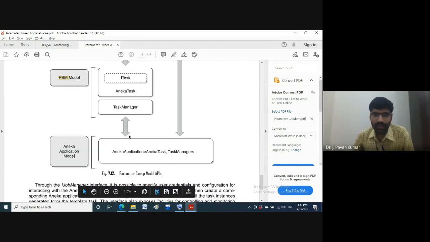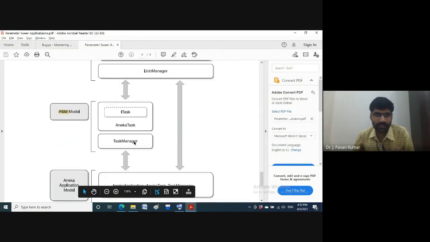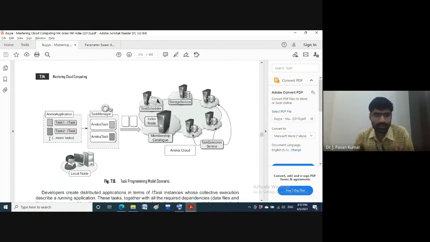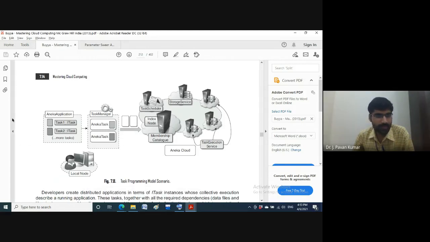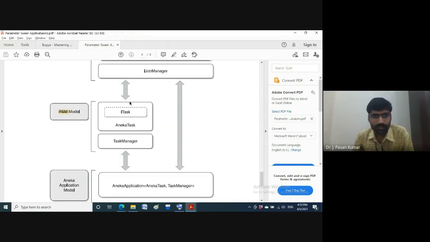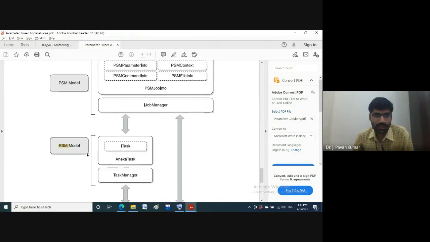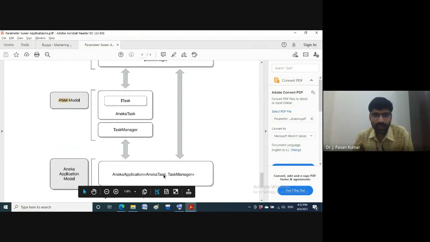Next, finally, the Aneka. This particular diagram and this one you can relate. This entire thing is the task model. Here we'll be having the PSM model, and here we'll be having the Aneka model. See, PSM model, this is the task model, then Aneka. Like this, we are having 3 layers.